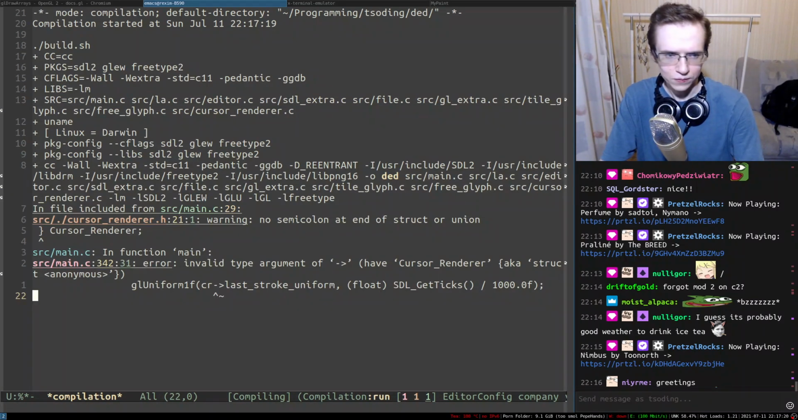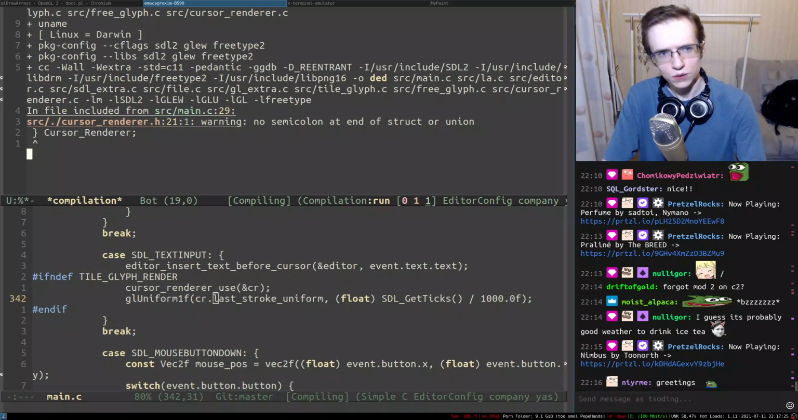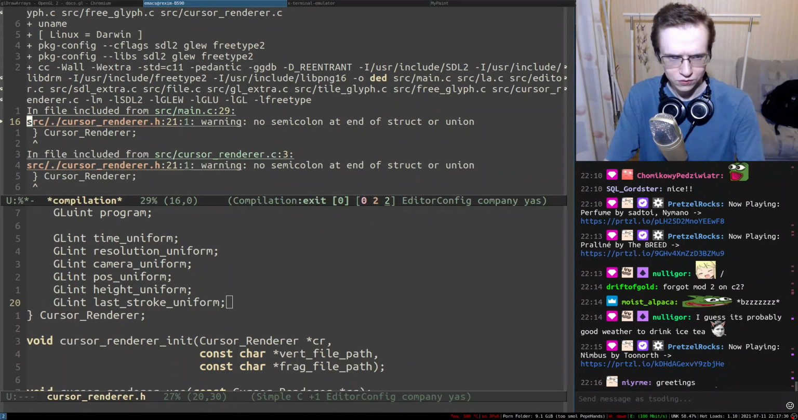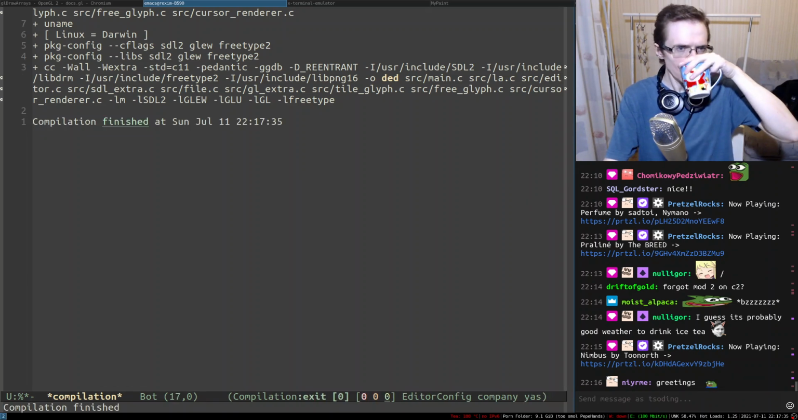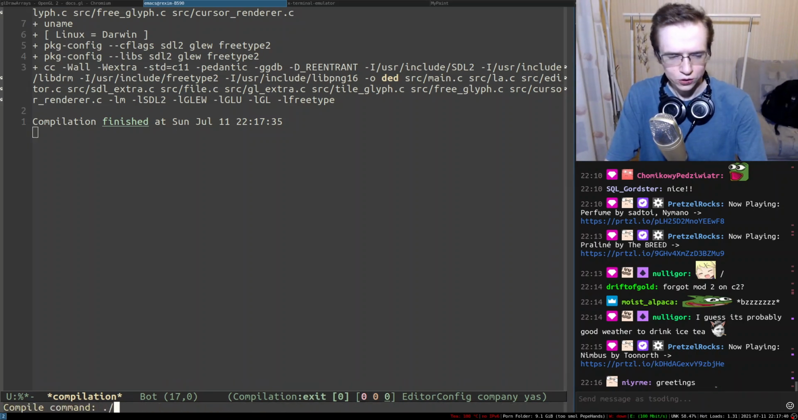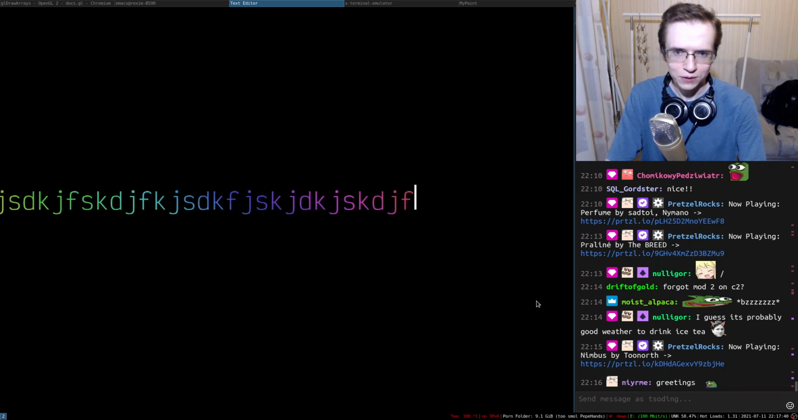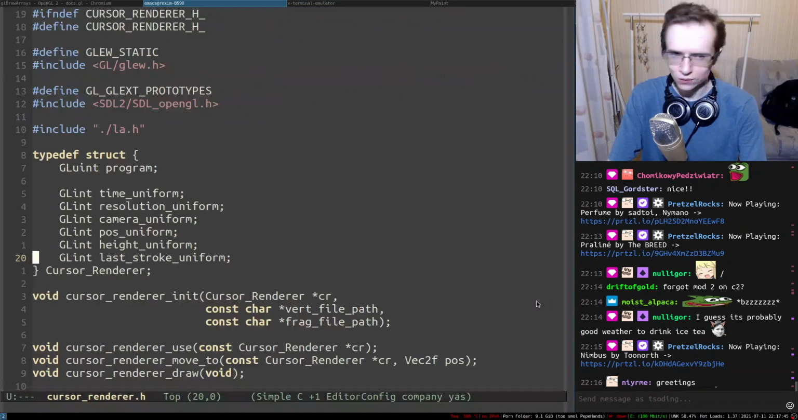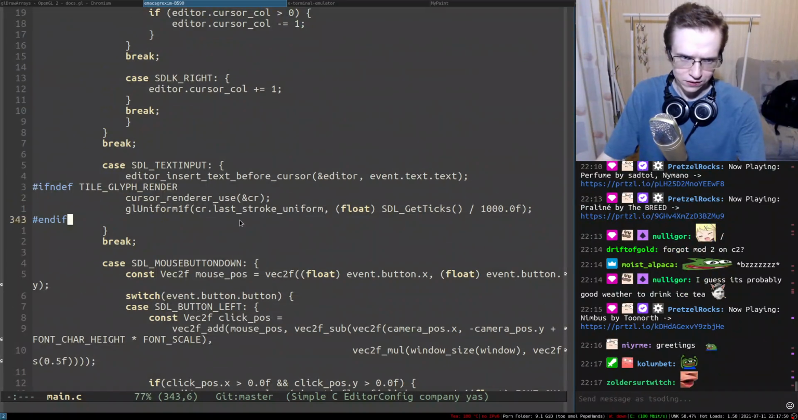Is it going to work? So this is not a pointer. This is not a pointer. So there's no semicolon, something. Let's fix that. Alright, so if I try to run this entire thing, it's not blinking while I'm typing. Right. So, okay, we probably should update last stroke every time